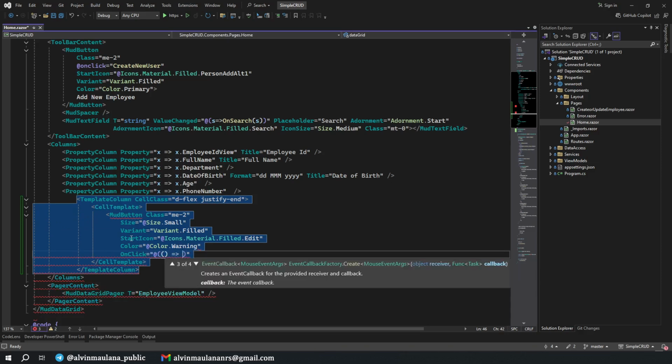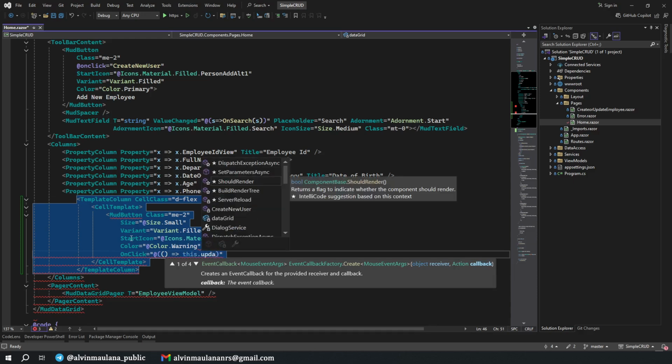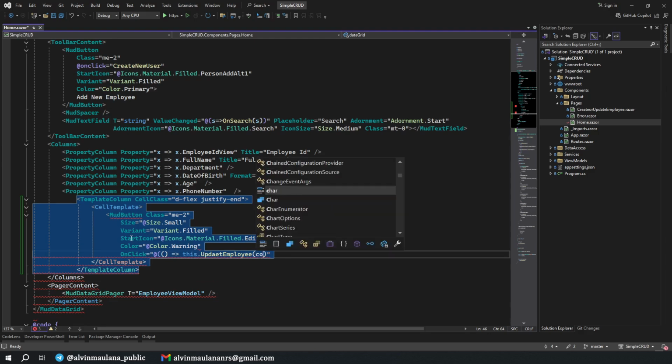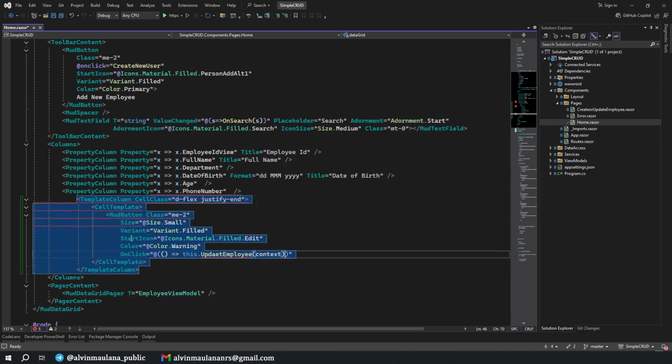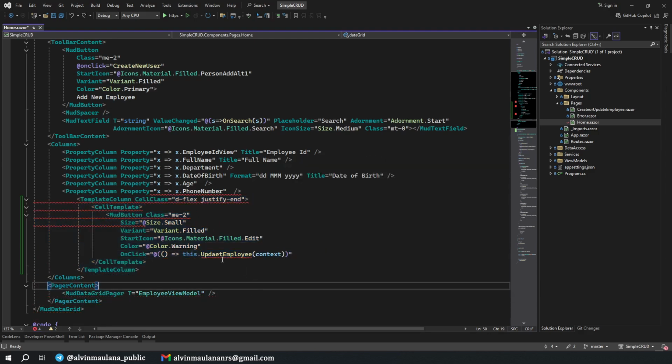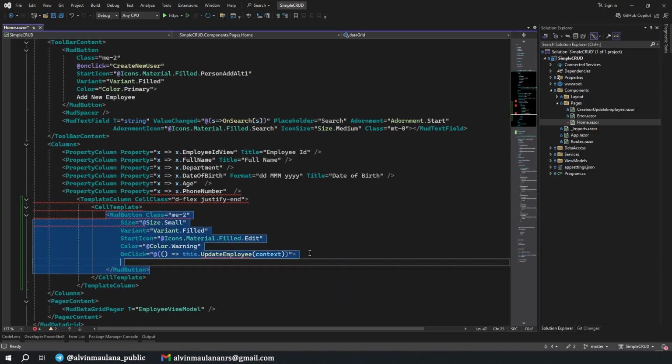Okay, this update employee, and insert the context. No, just context like this. Update employee, and close the button and put the text here to update. Nice.